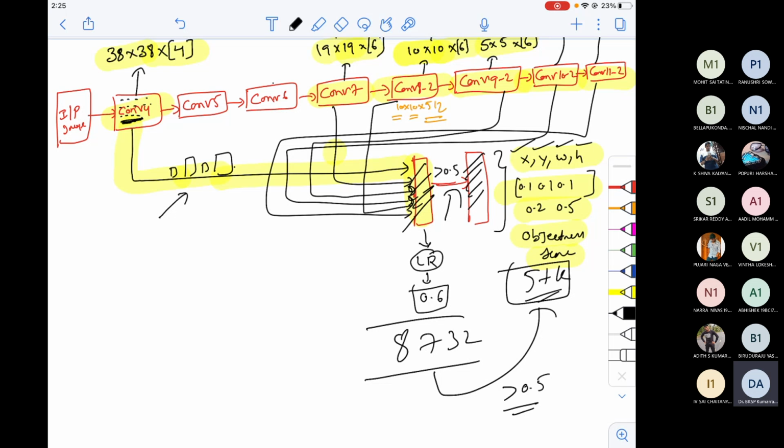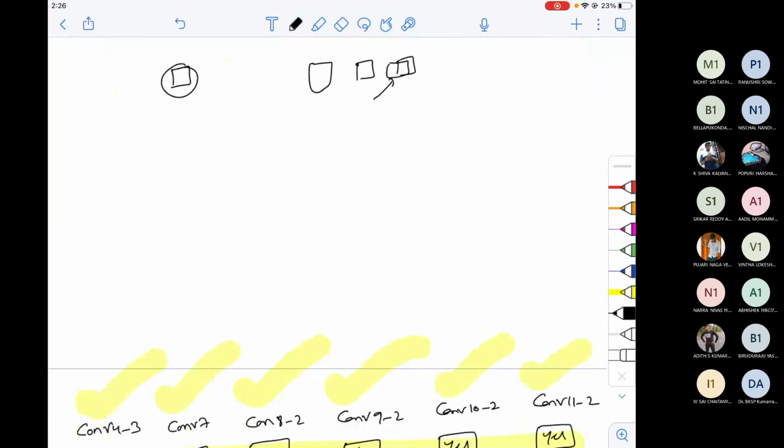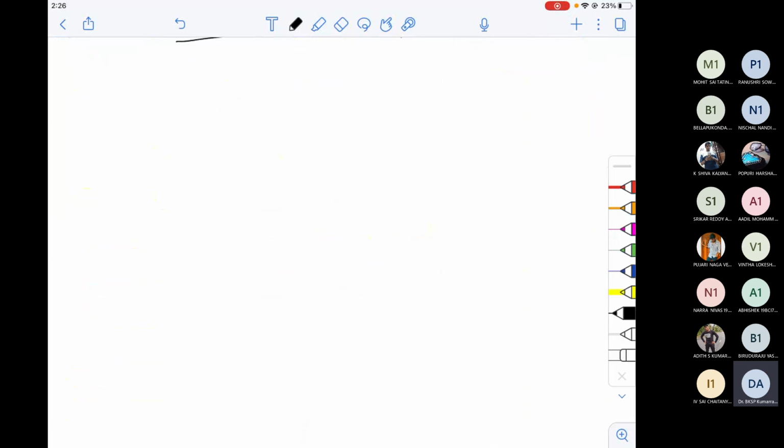One thing I thought you'd ask me in the last class itself. See, I'm just drawing for each pixel 4 boxes. This is one box, this is another box, this is another box. Now, the next pixel also will be very close.